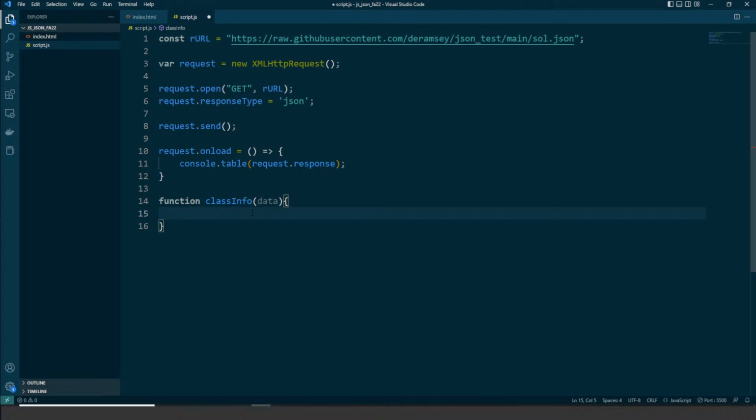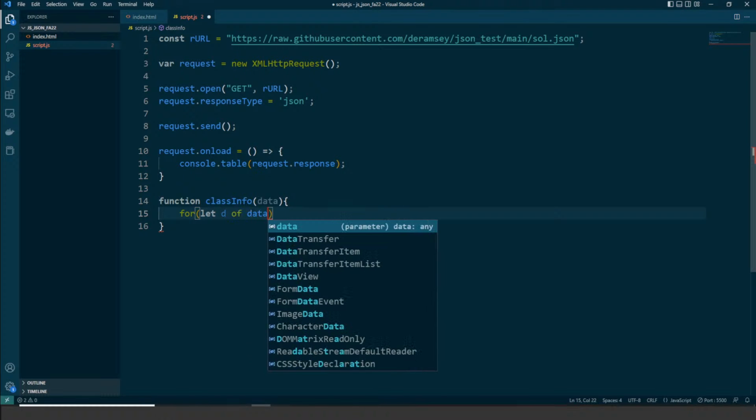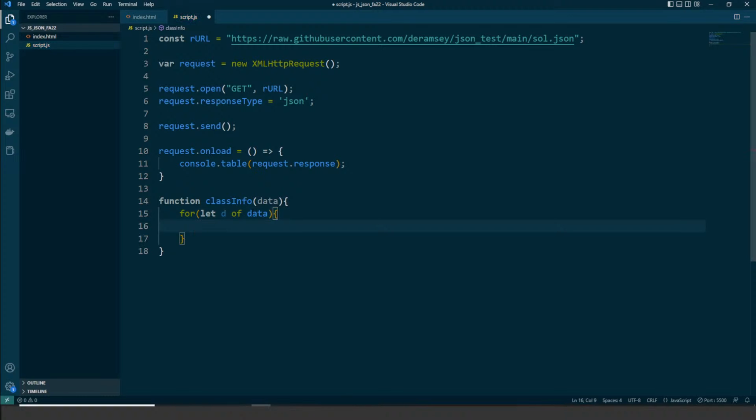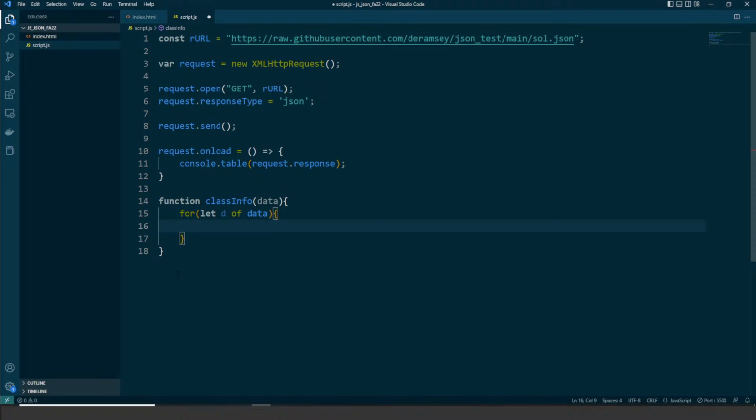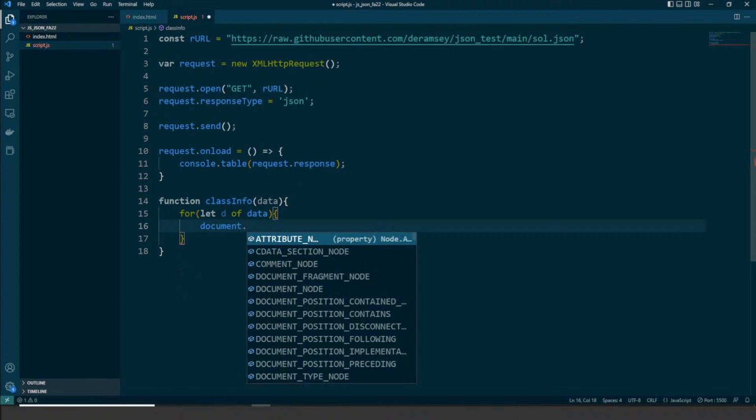Right, now this is an array, so I want to write a loop, so I can write something for each item here. So if I want to loop over my entire JSON to do something for each object that's within my JSON file, I can write a for loop, just a little enhanced for loop, for let d of data, and then I can just start to do things accordingly, right? Like we can start to add things to our document. Document dot